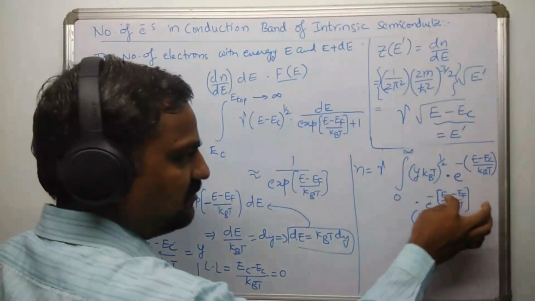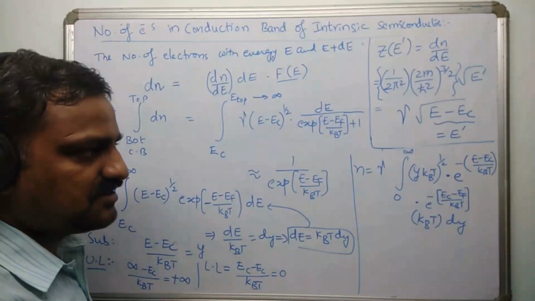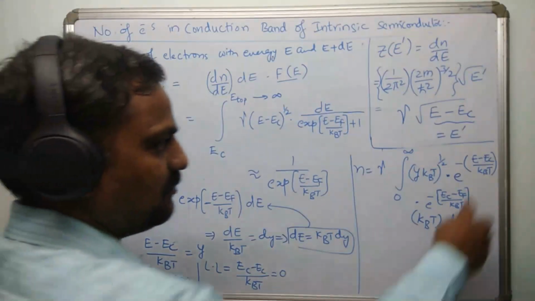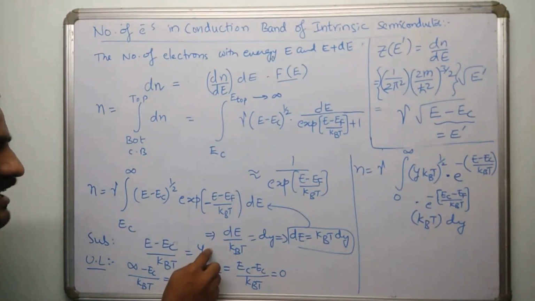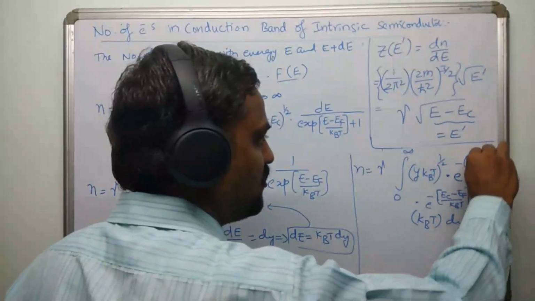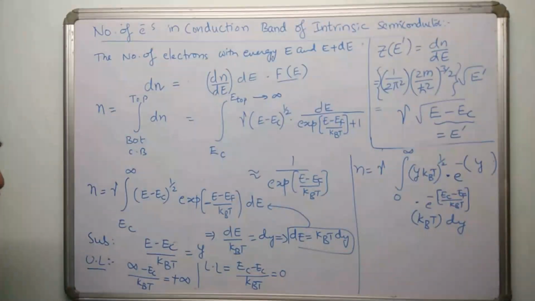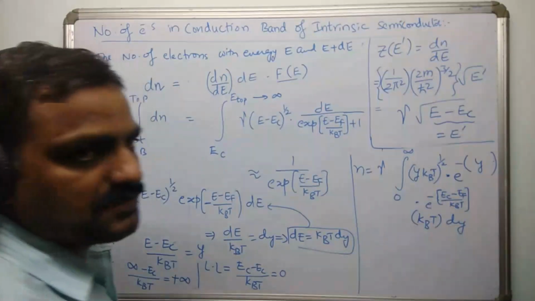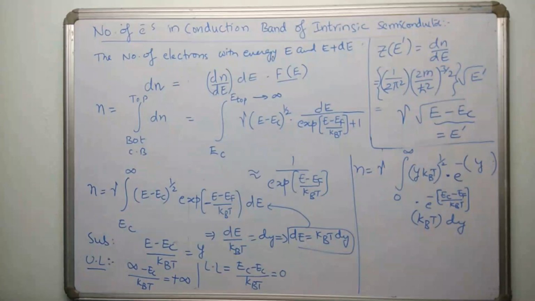Please remember, Ef, Ec, KBT, etc. are all constants. So e power, this constant is another constant which doesn't depend on the integral. And one more thing I forgot to mention, sorry, I have made a mistake here. This e minus Ec by KBT is directly y. So you can write this y in place of this term, because I have transformed the integral, I must make the change. So this is going to be just y. So e power minus y into this term, with all the remaining being constants except this dy. Right? So I'll make further manipulation. I'll erase this portion and I'll write it over there.